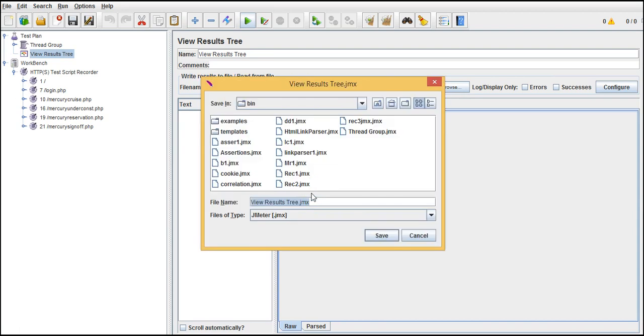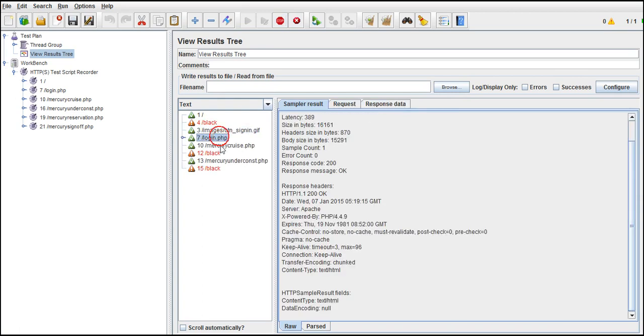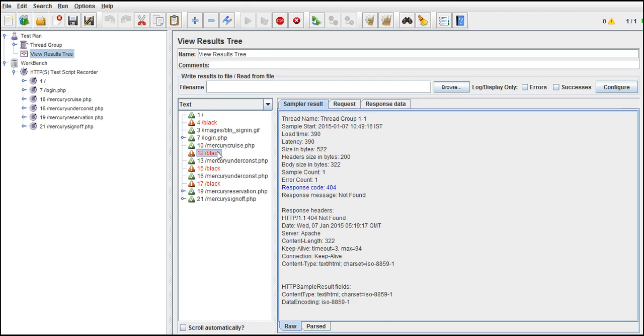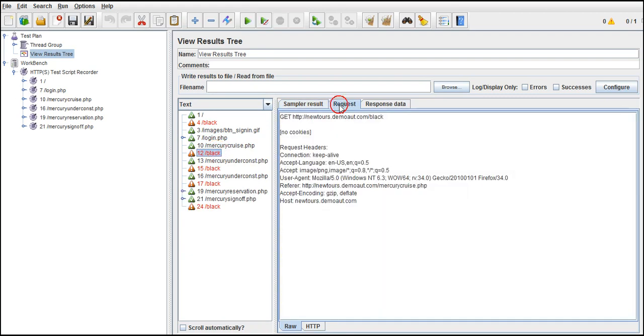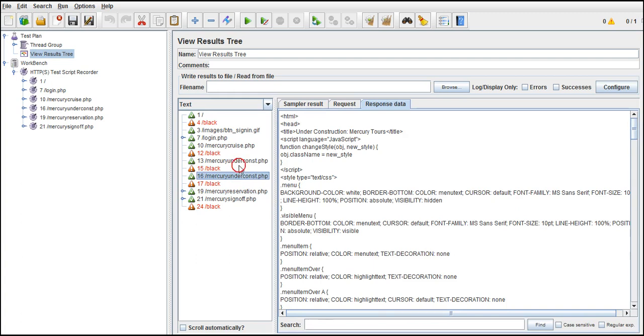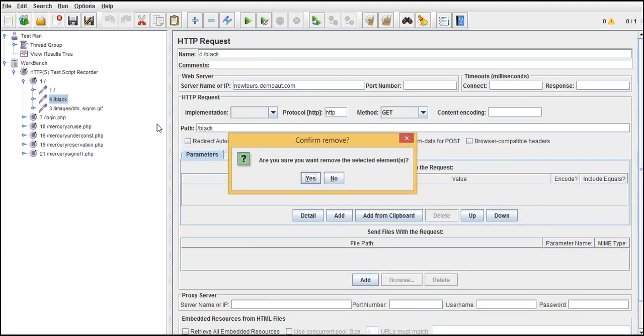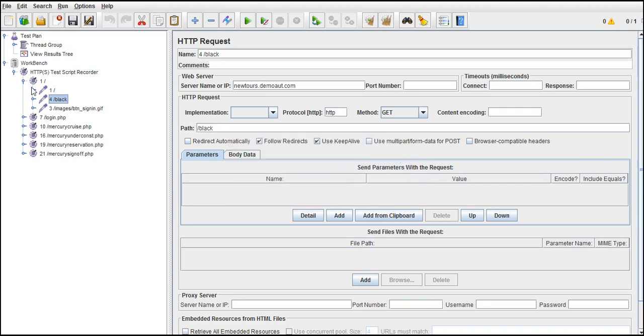Okay, so this is the controller. Sign in, login. This is something black which is not at all required for us. Its request, we are not bothered about it. Right, reservation under construction. Let me delete this black one first to avoid confusion. Okay, sorry, this is in the workbench. There is no use of doing it in the workbench.